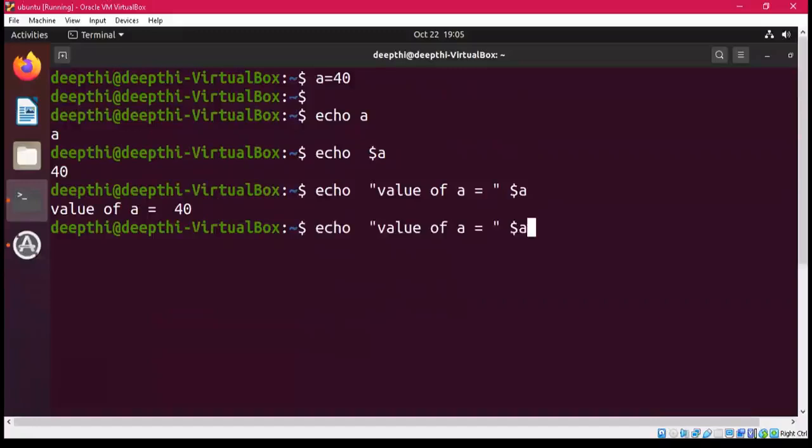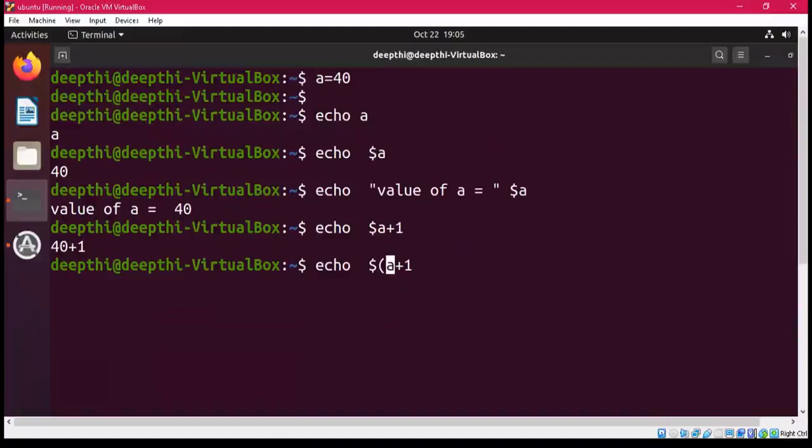Fine. Now, what if I want to increment the value of a by 1? Will the output be the same? Means will it be 41? No. You can see that it is treating it as a string. Though it has accessed the value of a, which is 40, adding 1 is not going to create a change. So for that, what do you need to do? Shall we enclose it in single quotes?